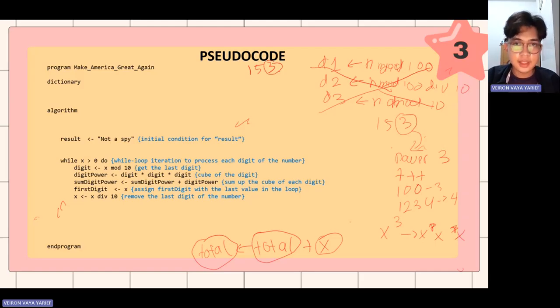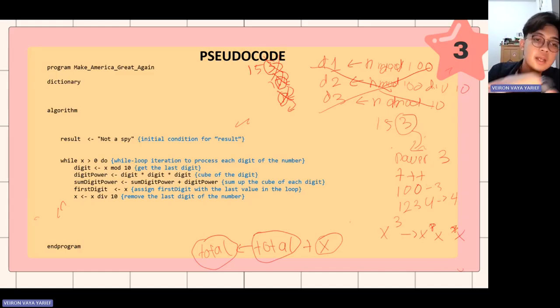At the end of the iteration, it will be 15. Take the 15 at the last iteration, 1, process the 1. How do we eliminate the last number on every iteration? We do division by 10. After we process the last number, we delete it, so on the next iteration we get the next number on the line, right? That's why x is assigned x div 10. And once the loop is done, we process it, good.